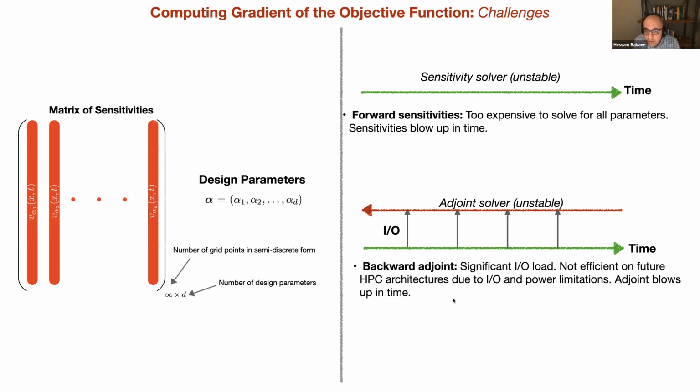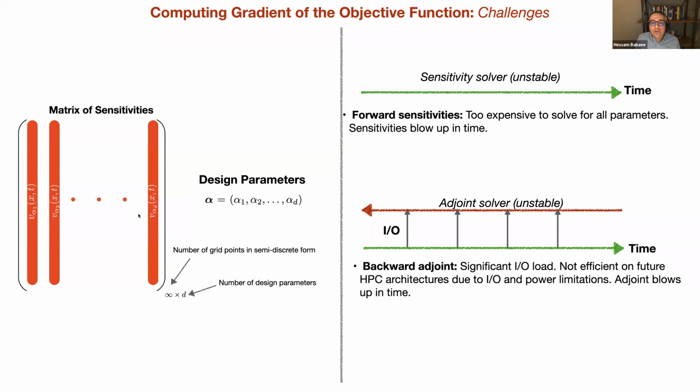So that would require I/O. Heavy I/O, because you would have to store the solution here of the nonlinear system and then read that back when you go back. And so again, for these extreme scale computing architectures, this is problematic. So the way we see this problem, we are not going to do the backward because that requires I/O. We want to solve the forward equation, but instead of solving for each one of these PDEs, we exploit the instantaneous correlation between these sensitivities and solve this in the reduced format using time-dependent basis.